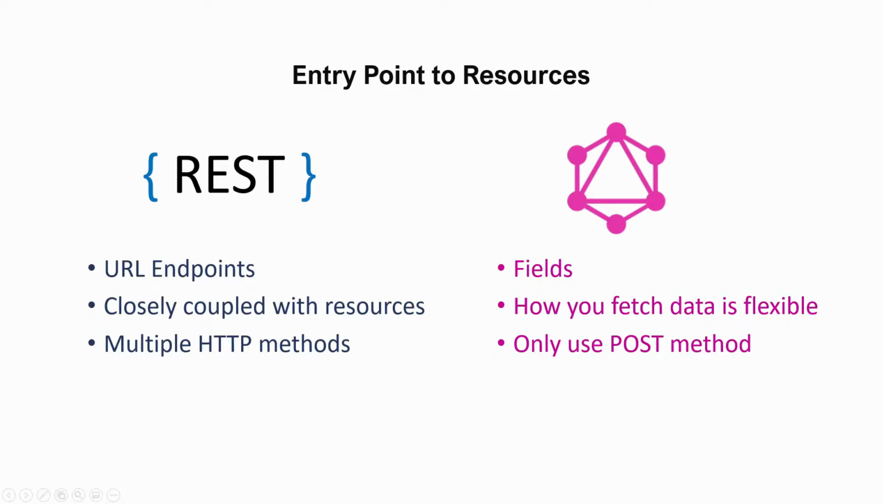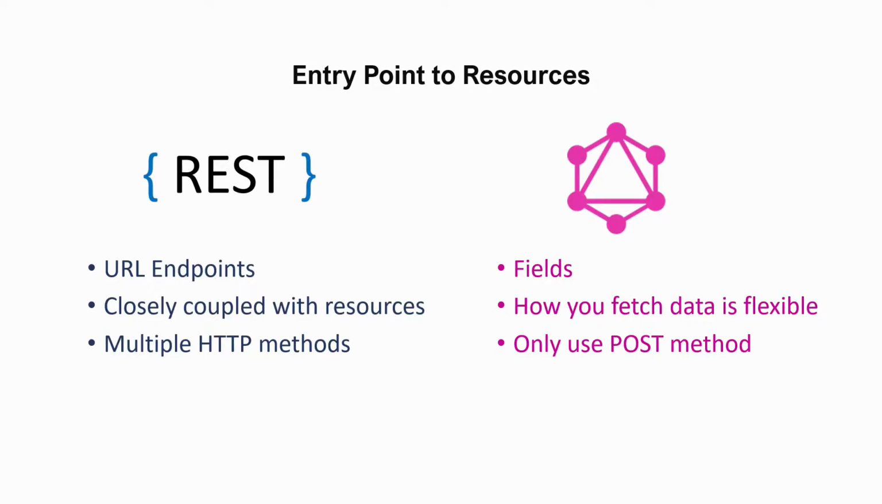So REST exposes the resource with URL endpoints. It uses multiple URL endpoints to connect requests to different resources. In GraphQL, it also uses a URL endpoint, which is the GraphQL endpoint. However, the GraphQL endpoint doesn't directly connect to the resources. GraphQL actually uses something called a field, which is determined in the schema to connect each request to the